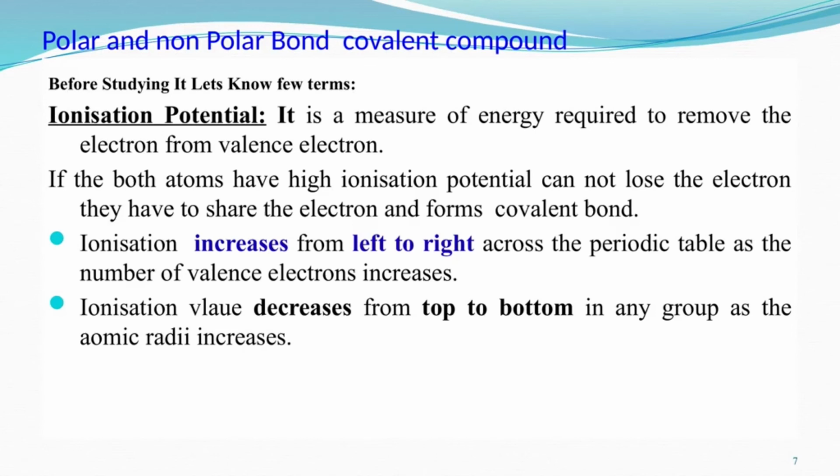So, that is why non-metal and non-metal form a covalent bond. Why? Because they have high ionization potential, meaning both require more energy to remove the electron from the outermost shell. So, ionization potential increases from left to right across the periodic table as the number of valence electrons increases, and it decreases from top to bottom in a group. Okay? And in the next slide,